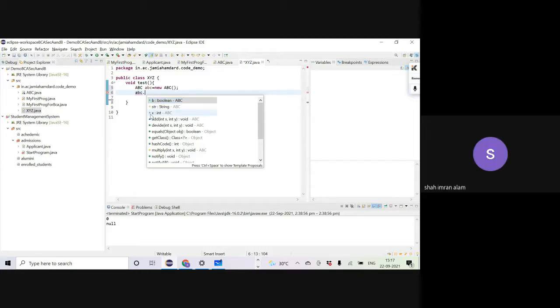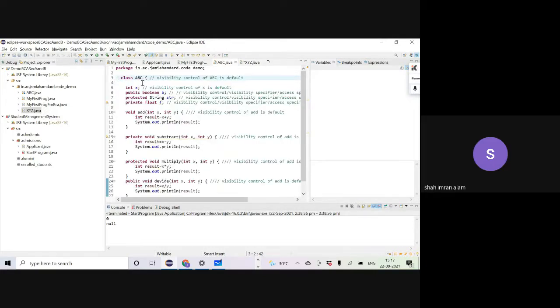X is visible with a triangle, and str is visible with a yellow circle. What is missing? There were 4 variables in the ABC class.